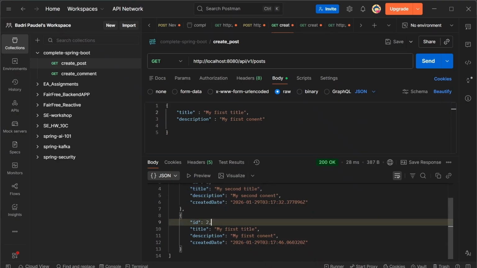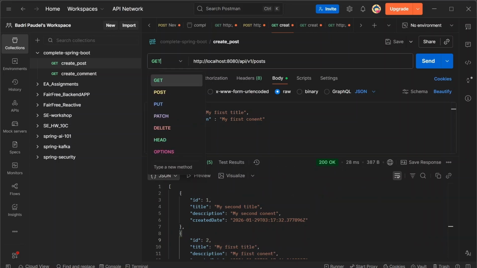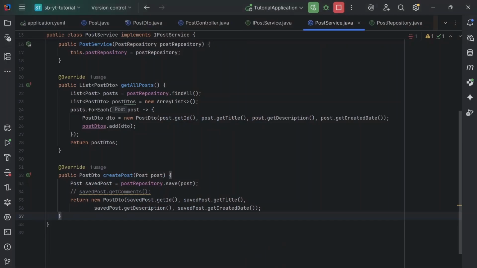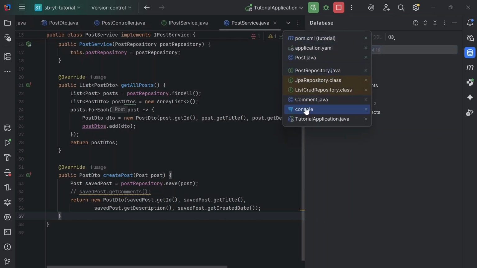Look at this. So we have successfully created, and then the status code is cool. And for a post, if I create this again, it is 201 created, right? That means the resource was created in the database. And if you go and see in the database, for example, do I have console,